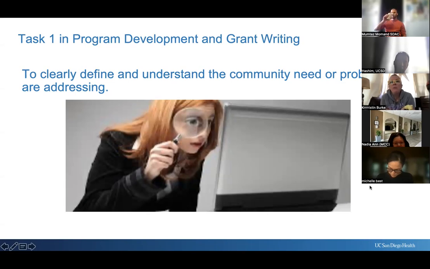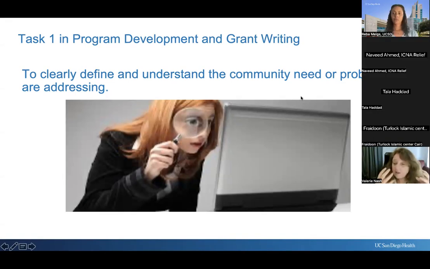And I always think of this as being a little bit like a detective, right? Or an investigator. You need to get into investigation detective mode to start collecting the evidence and the data that you're going to need to write this section. If you want to go to the